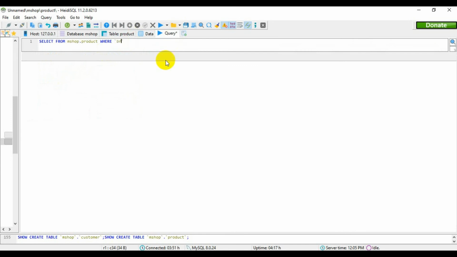So where brand equal. Now this mark right here is not a quote, it's called the grave accent. So you put the column name inside the grave accent and you put the equal mark. Then you need the brand to be Huawei. So Huawei is mentioned within double quotes. Okay, I have entered the brand Huawei. So let's see what happens if I run this query. If I click on search,